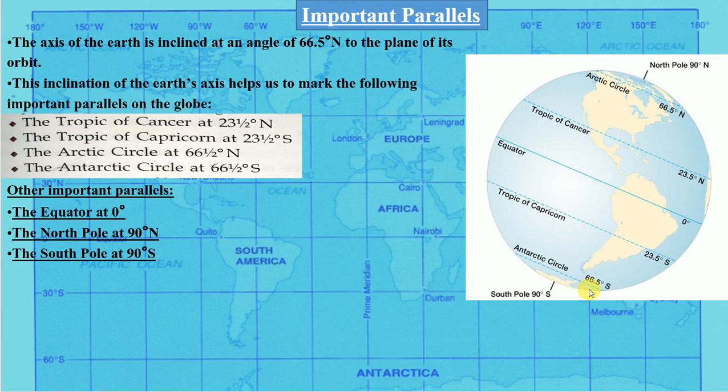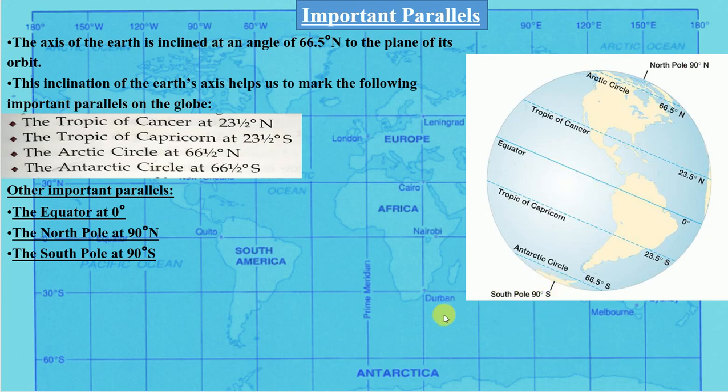Okay, other than these important parallels, there are other important parallels also, which we have discussed in the first video. We used to take those as reference for describing the location of any place. Those important parallels are, the first one is the equator, which is also known as the Great Circle, which is at 0 degree, the North Pole at 90 degree north, and the South Pole at 90